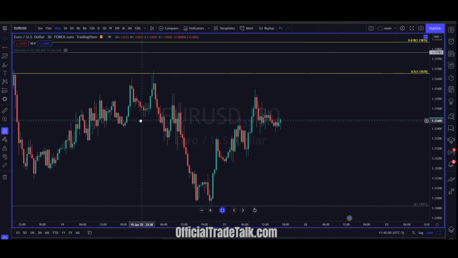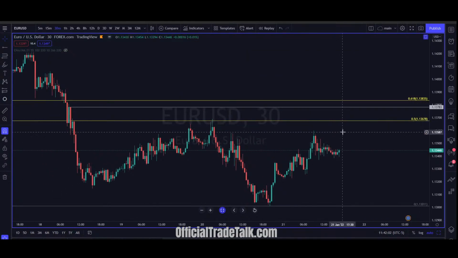So moving on into next week, we will be looking to take shorts from this section of price right here in this little square. And we will be aware of traps. Since it's such a small time frame, like I said, there's really not much you can do. Like I can't say, well, if you get an hourly close above, then screw it, because you're probably going to get a lot of chop up in here.